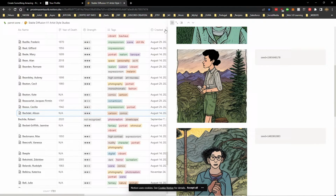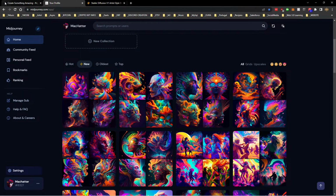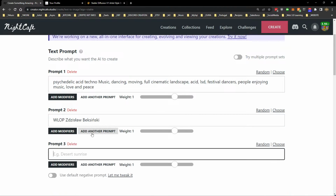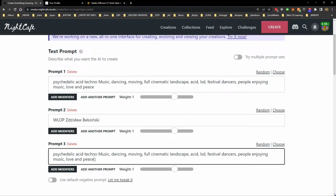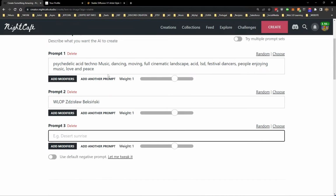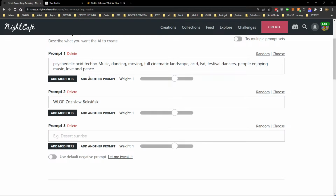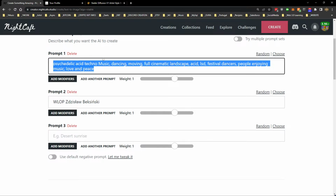I'm not saying that just because you spent hours creating your prompt, it's better than anything else. I'm not saying it's got to be blood, sweat and tears, but for me, what I'm finding, and I'm not talking about anybody else's art here, I'm talking about my own art, is that I've got to think about it a little bit. So in here, we'll use Stable. I've now got to think about the weighting. This is what I want, but